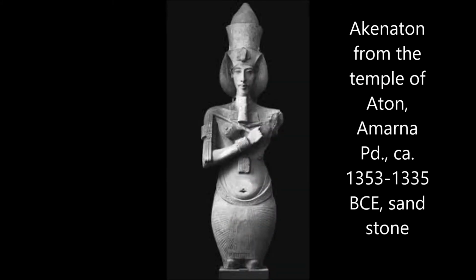One of these periods is referred to as the Amarna period. During this time, Akhenaten was ruler of Egypt and took it upon himself to change the way society thought about religion and standards of beauty. As seen in this statue of Akhenaten from the Temple of Aton, the way Akhenaten had himself depicted was very different than the way earlier Egyptian rulers had been.